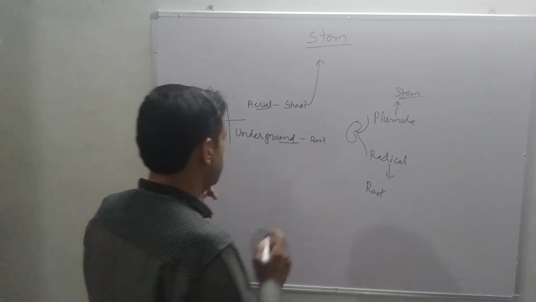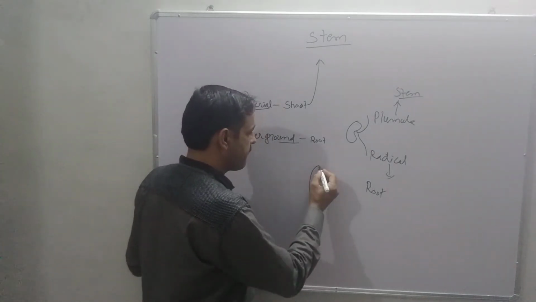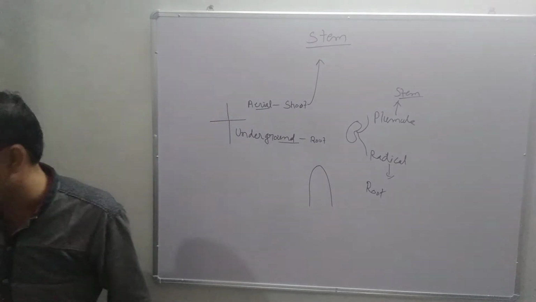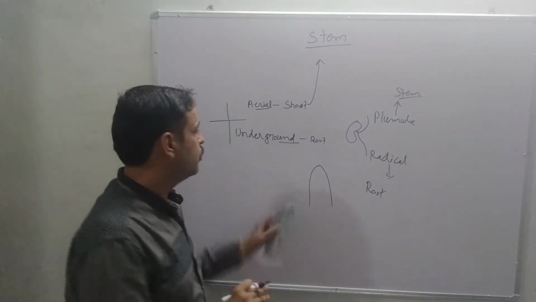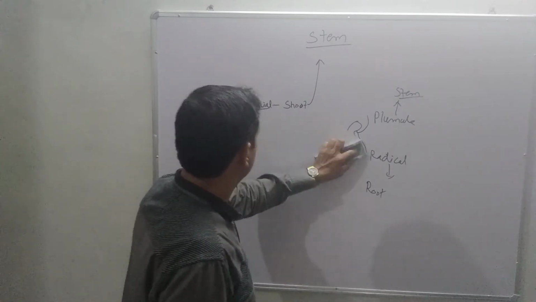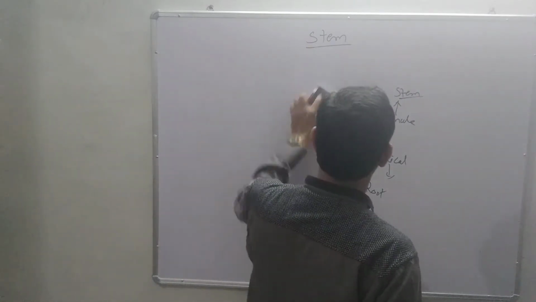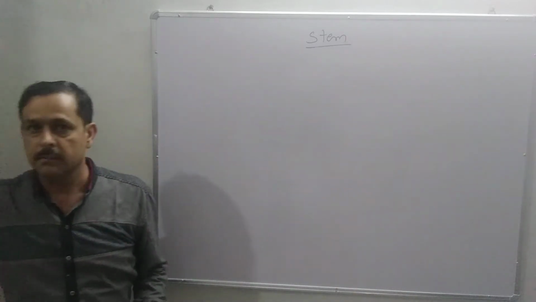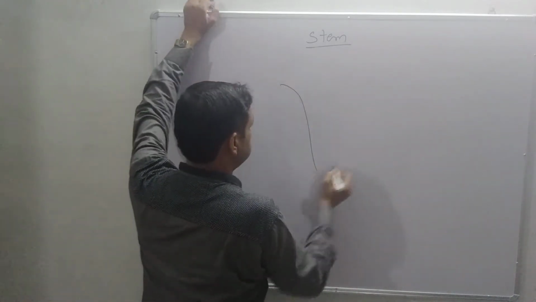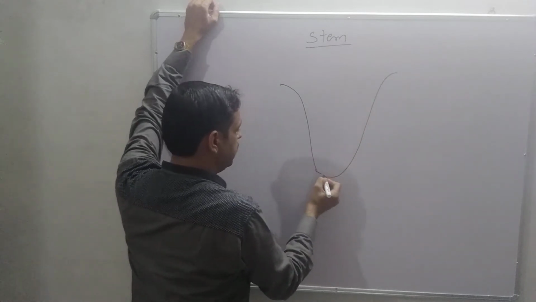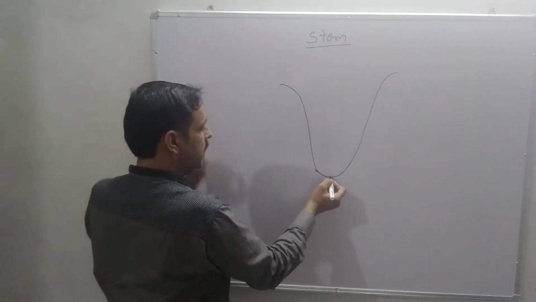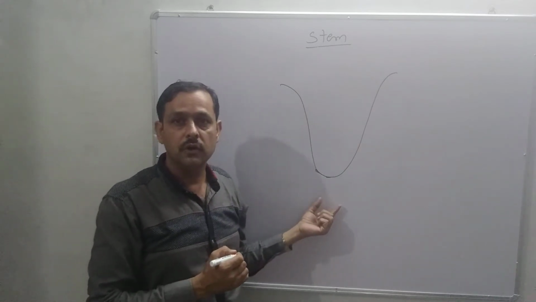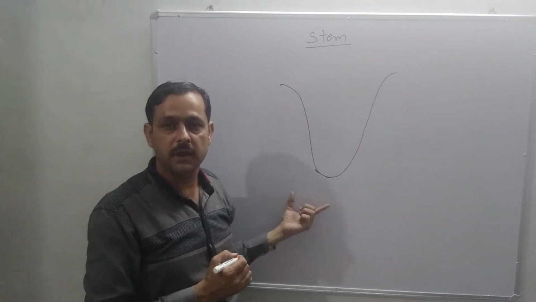Means, देखिए क्या होता है, जब हमने रूट के अंदर भी बात की थी, we discussed also in root the internal structure of root. The same structures are also found in the stem. This is the internal structure, and the upper part of root is called root cap. So here no root cap is present.